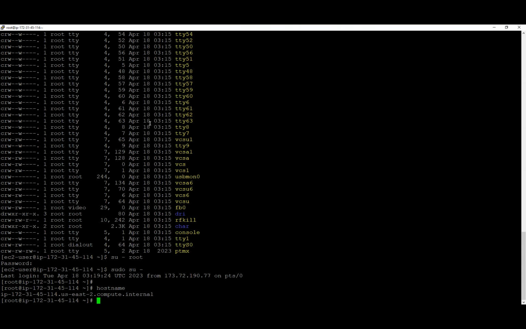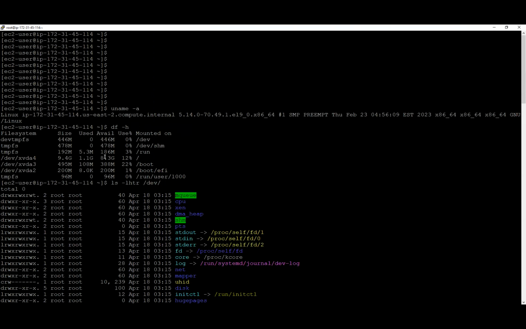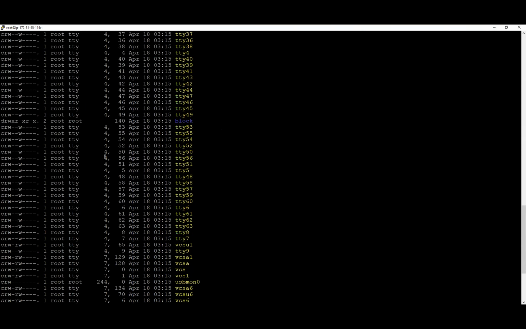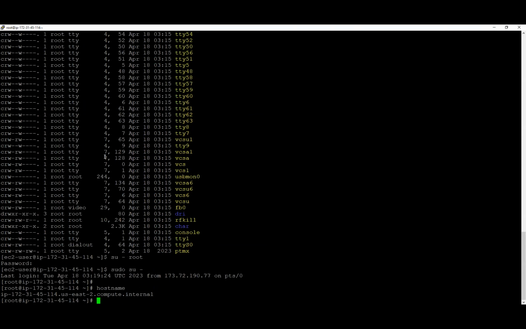So I took this session just to get you familiarized with the Linux window. So at least for now, you can see how this looks inside. This is what you see inside the console. Once we have the VM ready, the window is something like this, and you need to always connect